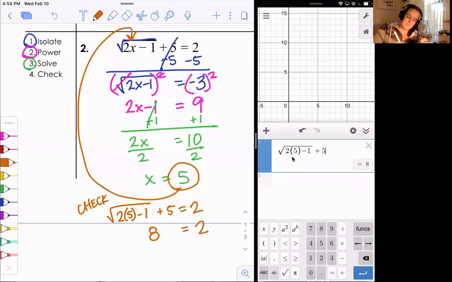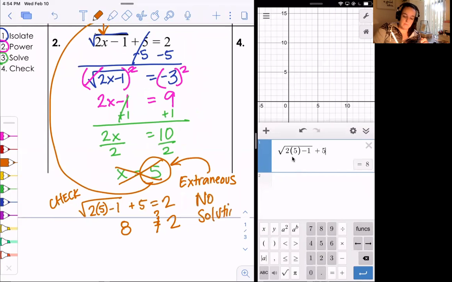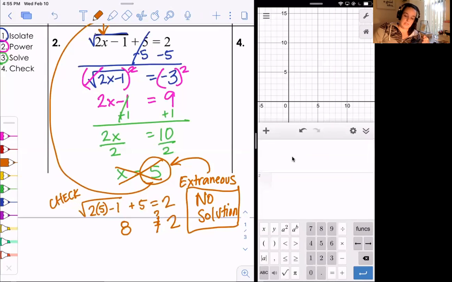Does 8 equal 2? No, 8 doesn't equal 2. So that means that 5 is what we call an extraneous solution, right? 5 is an extraneous solution. So there is actually no solution to this problem, right? There's no solution. If I was to plug in this equation, right, if I was to say square root of 2x minus 1